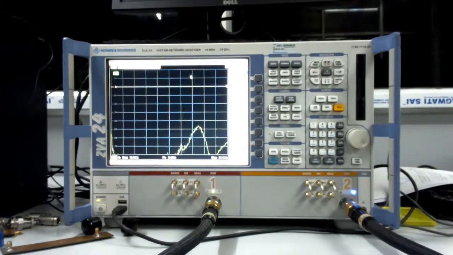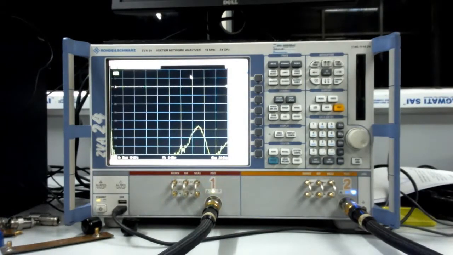One is instrumental calibration and another one is measurement calibration. Generally, we users can only do measurement calibration. The instrumental calibration is done at the manufacturer's end only. So, measurement calibration we have to do very frequently.